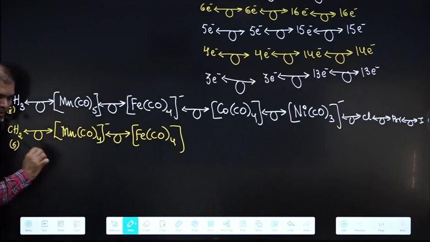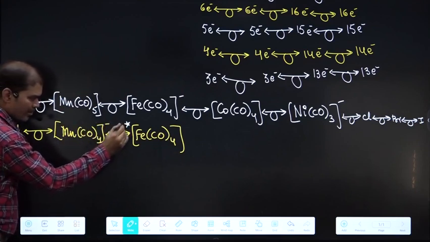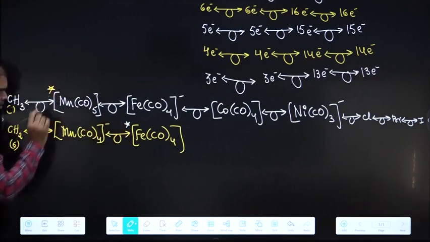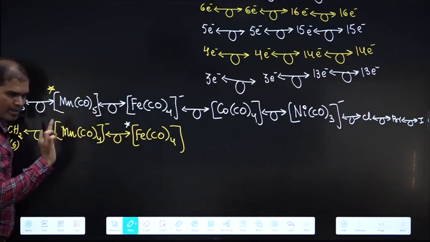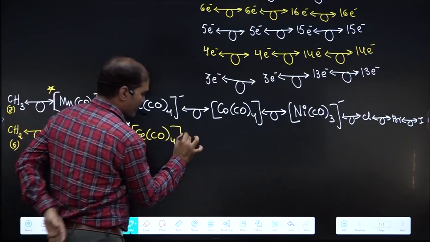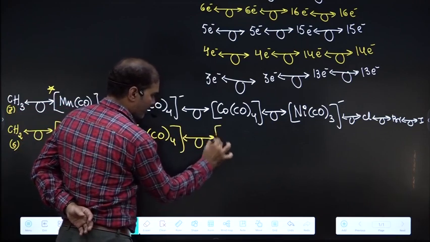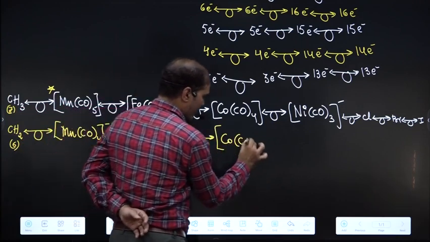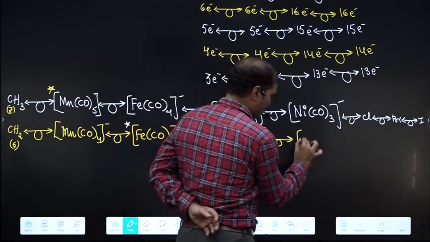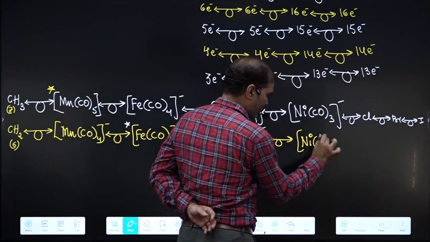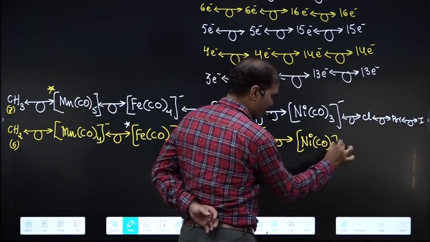Directly FeCO4. This example is an important example. I'm giving you more, but these are important examples which come across in exams. Next, cobalt, CO3 minus, nickel, CO3. If I want to take any main group elements,